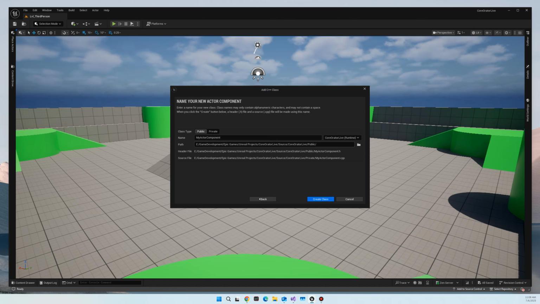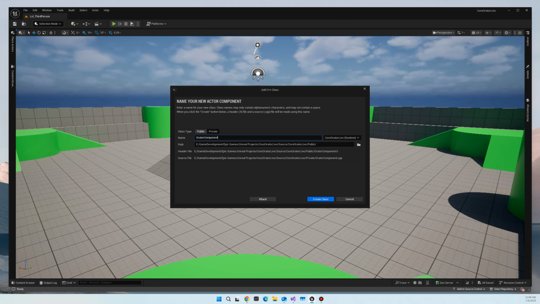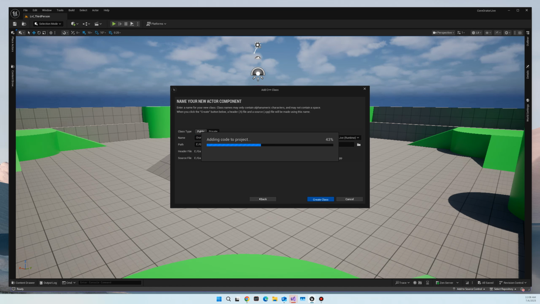So now we're in the public folder, and I'm just going to keep everything together in that single folder for now. And I'm going to call this the orator component. This is the base class, or the abstract class, that we'll be building the player orator and the AI orator off. All right, so let's hit create class and let Unreal Engine and